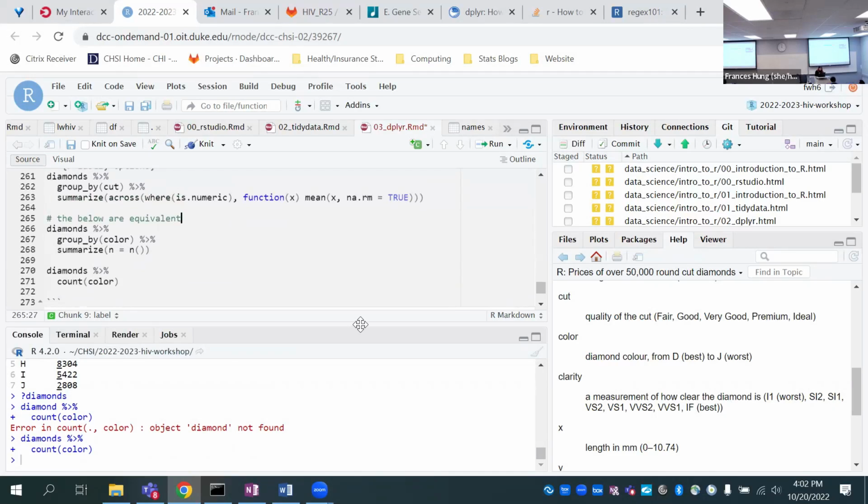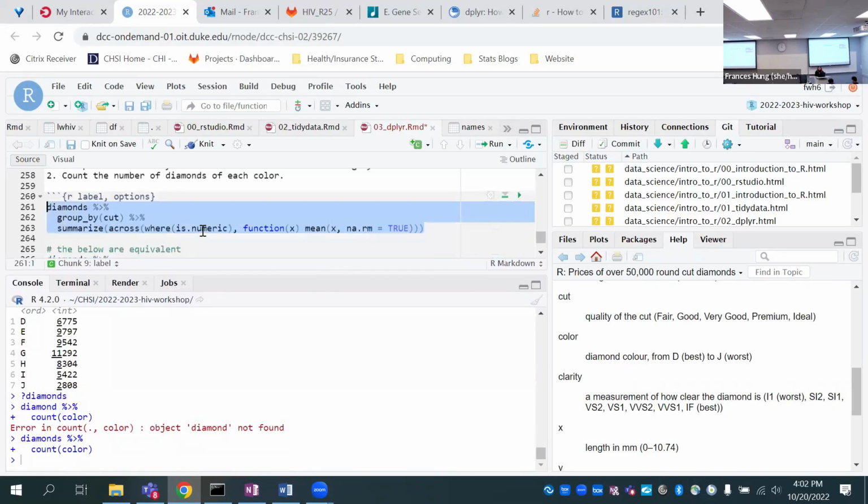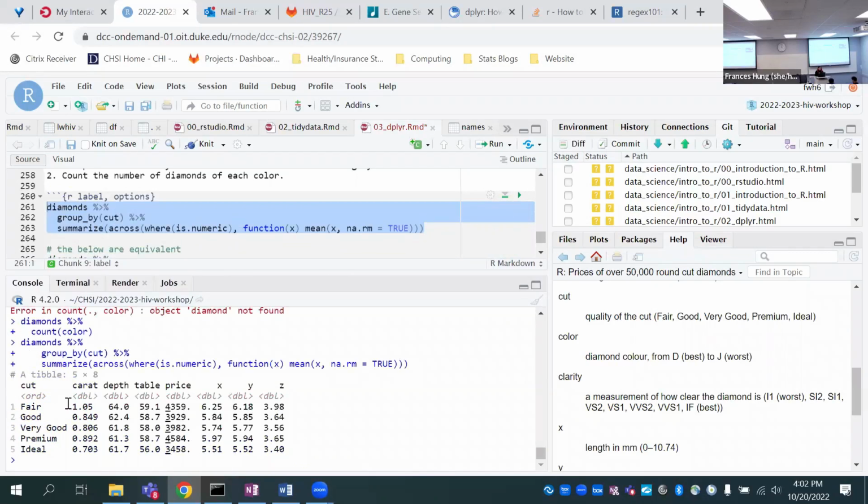So these are some ways of summarizing our data, and we can already make some inferences about our data by looking at these summaries. For instance, for the first one, you saw that a lot of fair diamonds are actually pretty big, and that's why they're probably the same price as better cut diamonds.